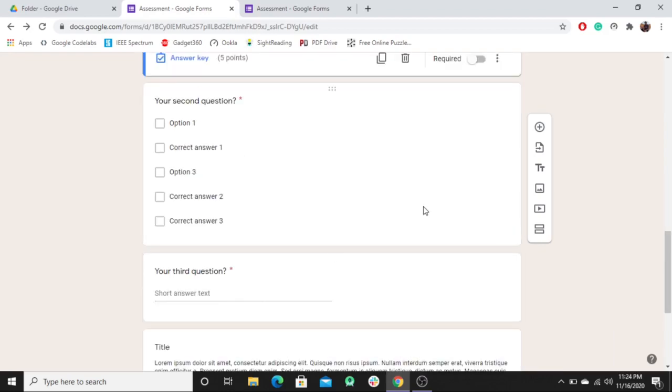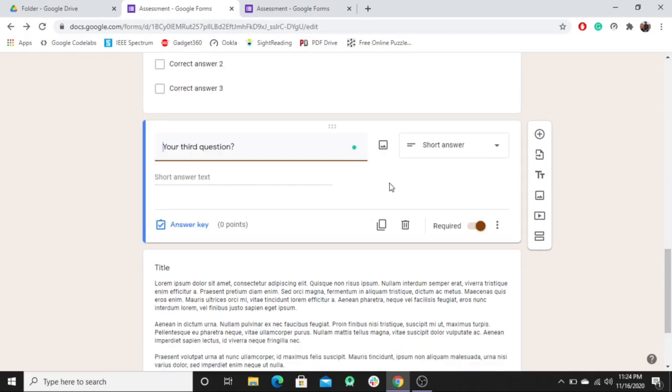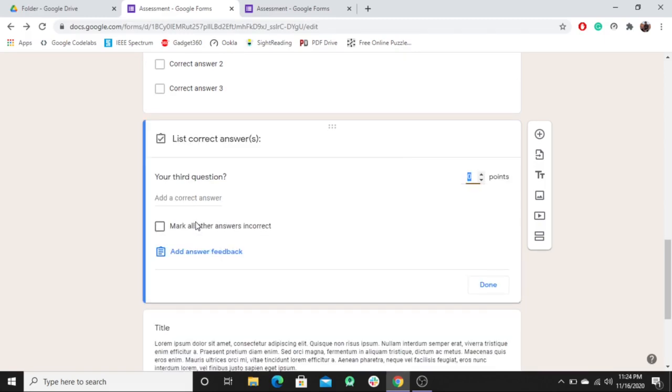Now, for example, if you take another one, this question is a short answer type. So over here, if you have noticed, you can skip that answer, and you can even add up points. And if you want to add a feedback,